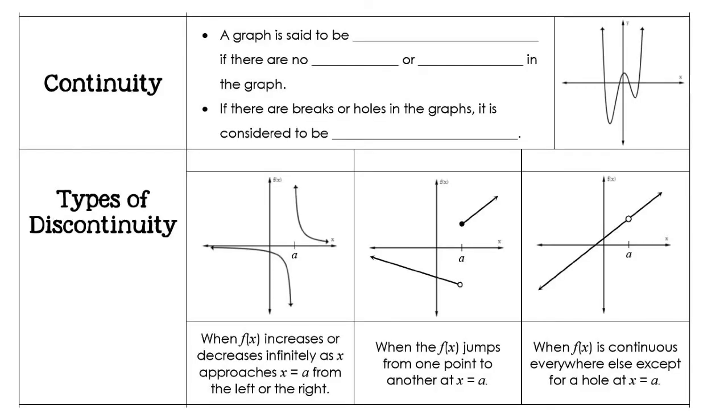This will be our lesson on continuity. And for the first part, we need to discuss the definition. A graph is said to be continuous if there are no breaks or holes in the graph. So again, here, to fill in the first part, a graph is said to be continuous